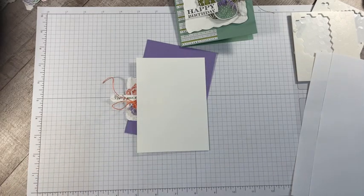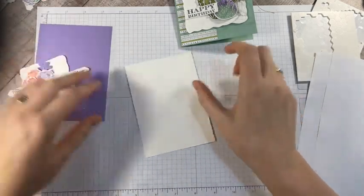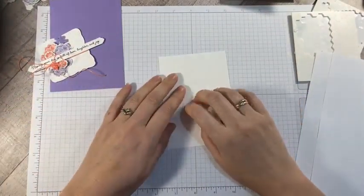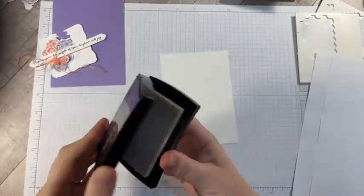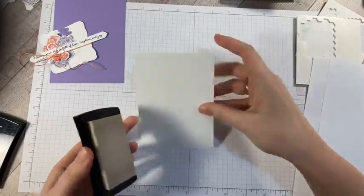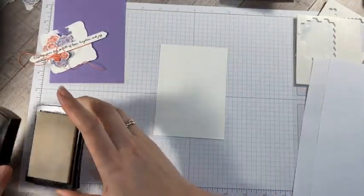Let's see. Just have a little... let's do a little bit of... So Versamark. I'm just going to do a couple of swipes with the Versamark. And then...